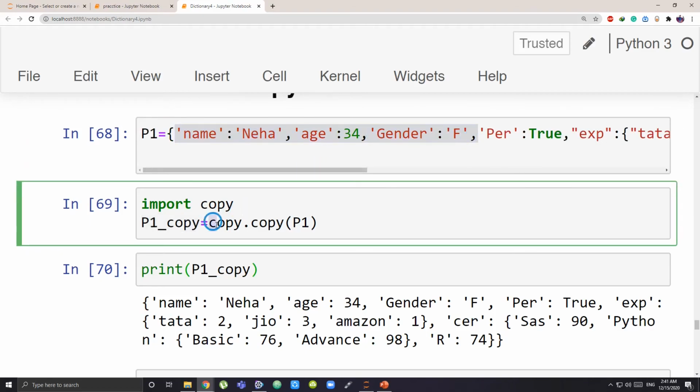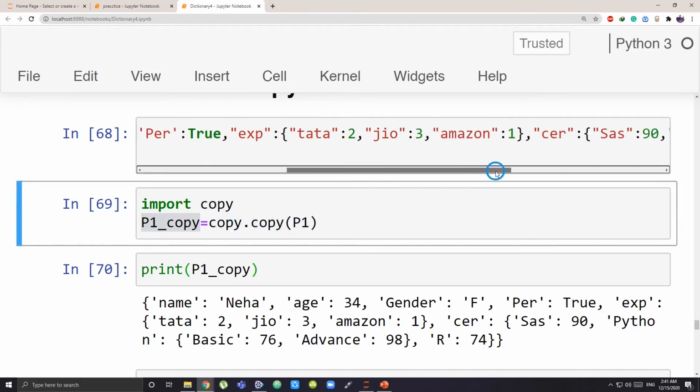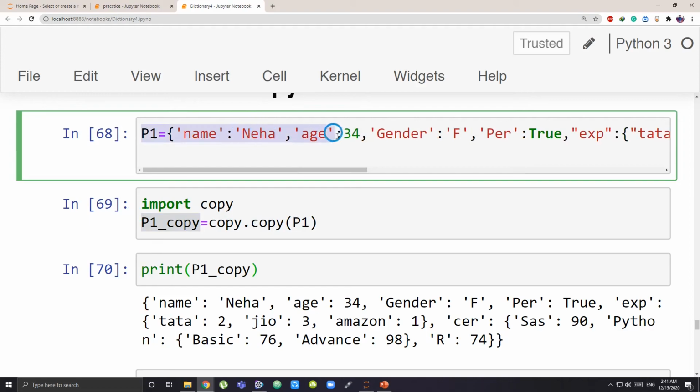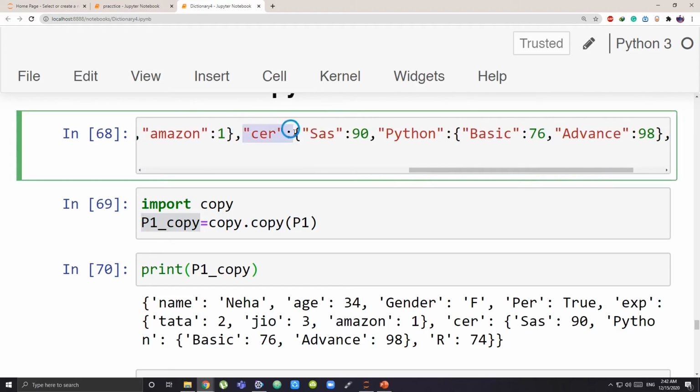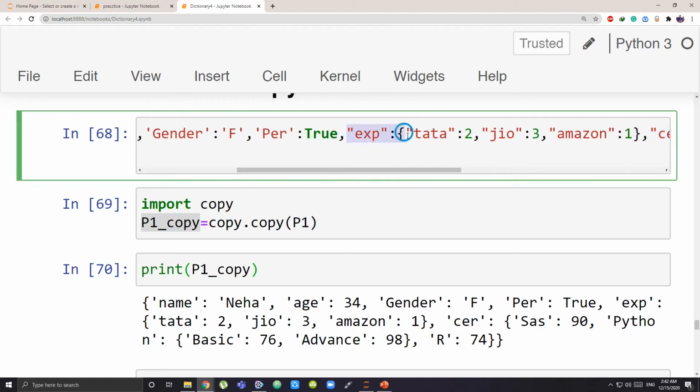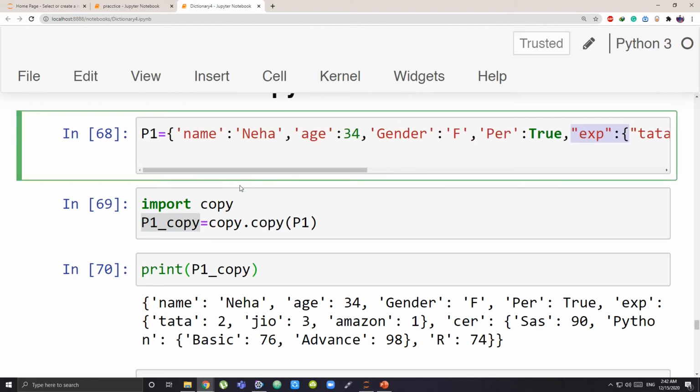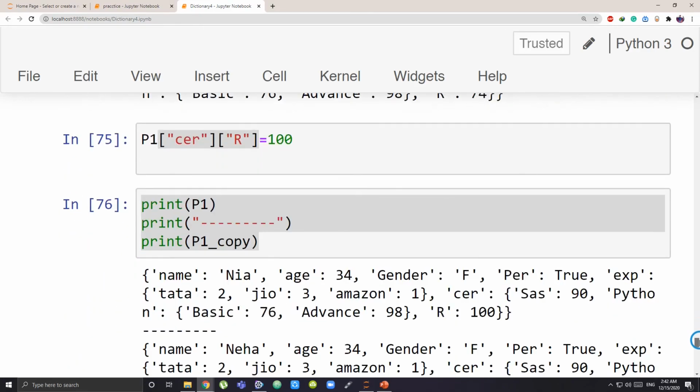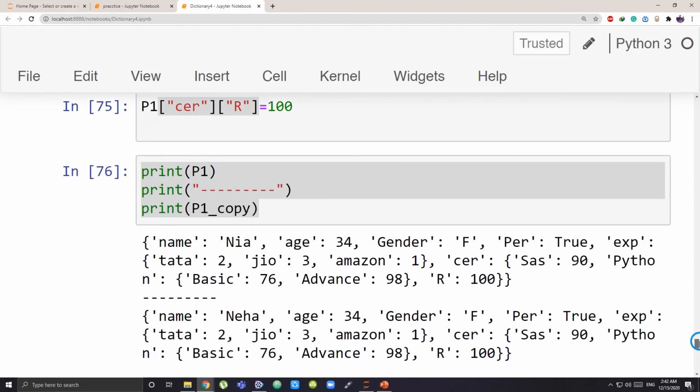Then what is happening? What do I mean by references? Basically it means this dictionary, the copied version, is storing the memory location. You can think of it like that. It is storing memory location values of the nested parts only. It is storing them for the certificate value and the experience value only. That is why any change happening at the memory location is directly reflected in either of the two. For a non-nested part, nothing is happening. So that was shallow copy. Now it is not that you will always want that, where you make a change and it is reflected in both of them, in either of them.